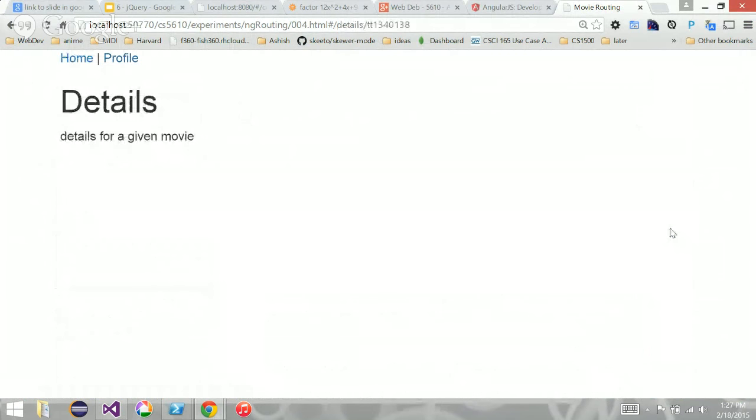If I click on that, it navigates to my details page, with details slash the ID. The controller for the details can parse that out and then fetch the data. We already have some data locally, but typically we go and fetch the details.